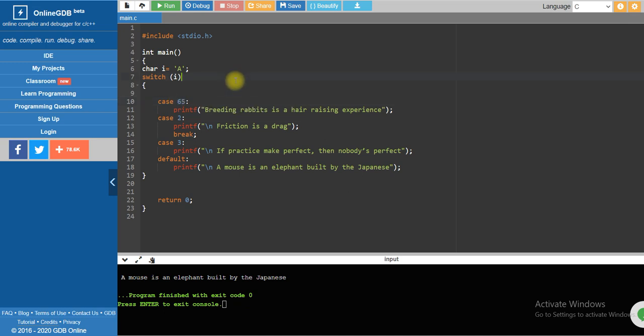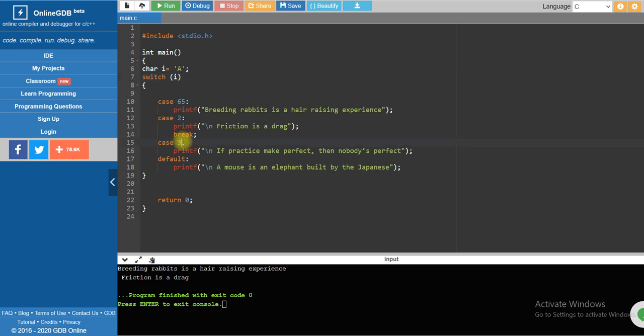Then what will be printed? Can you guess? Two lines will be printed: this breeding rabbits and this friction is a drag. How? The value of 'a' is 65, so the case will match, and here is a break, so after that no following line will be printed.